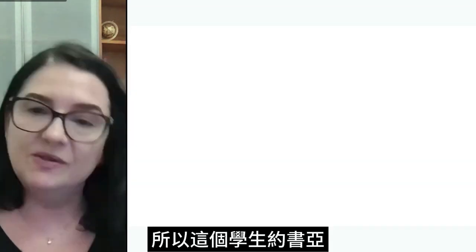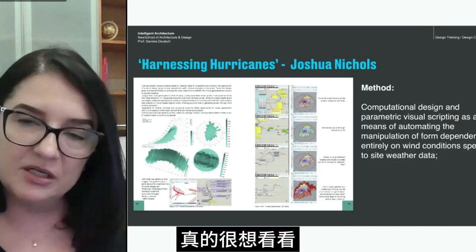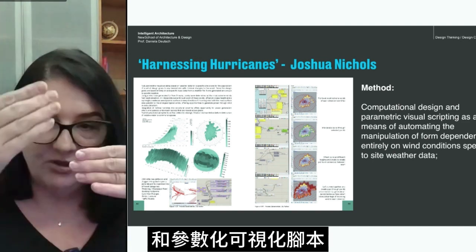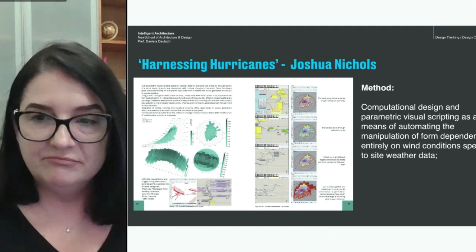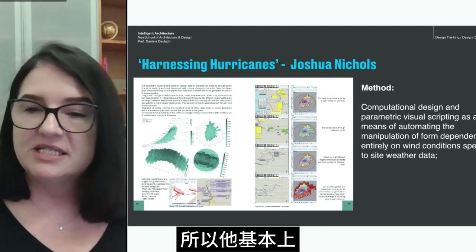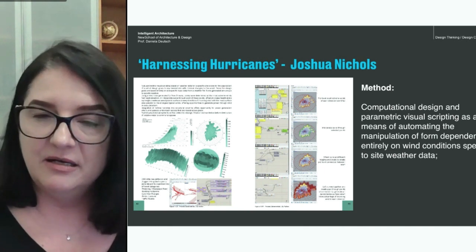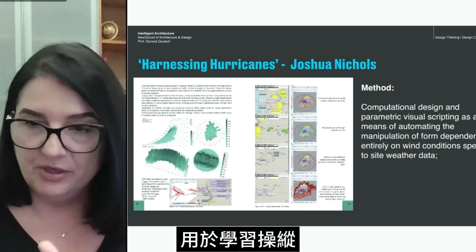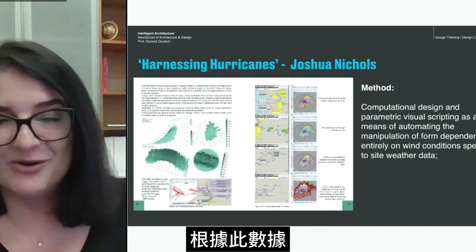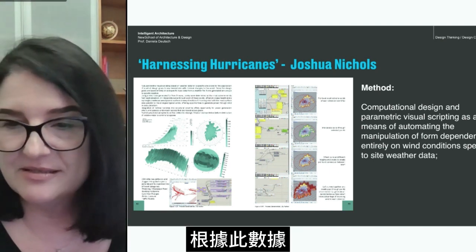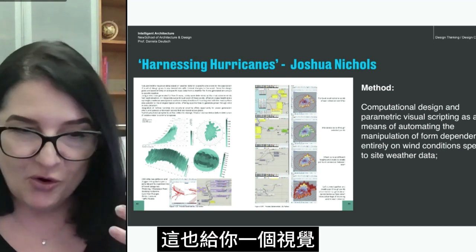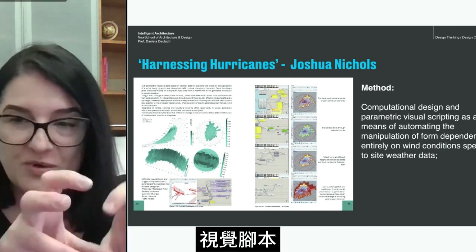So this student, Joshua, really wanted to see how he can use computational design and parametric visual scripting to inform what he's designing, yeah? So he basically used that, learned to manipulate the form of his building based on the data from these softwares that give you also a visual scripting